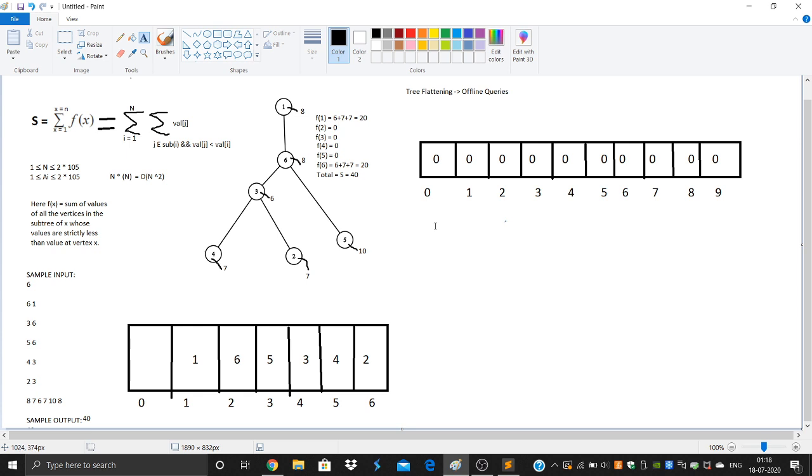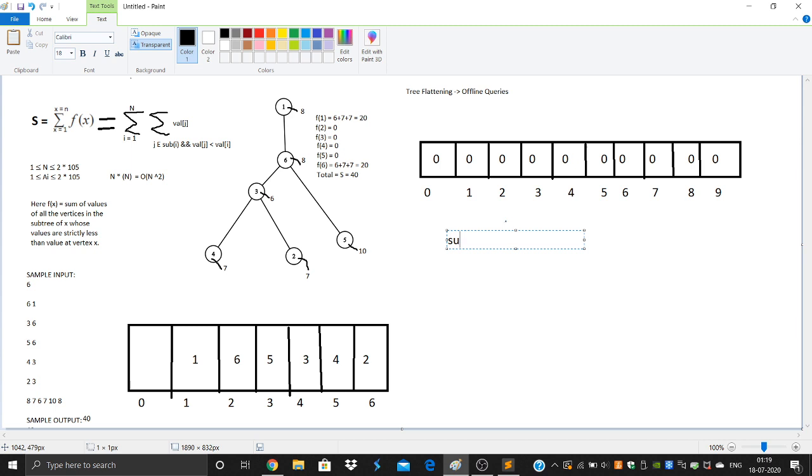So the problem is that suppose we just go through this array, iterate from 1 to n and do an update on all those positions, and then take a sum between l comma r for each vertex, that subsegment which is having the subtree vertices. The problem is we might end up taking some of those values which might be greater than or equal to the value at the particular vertex x. That might end up happening.